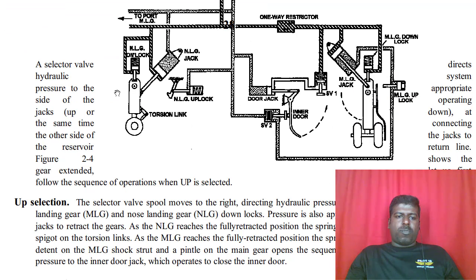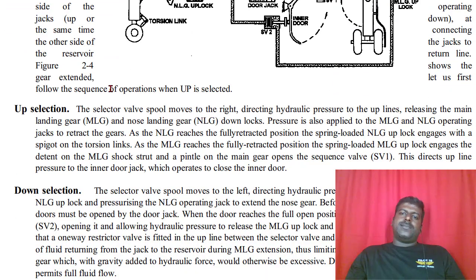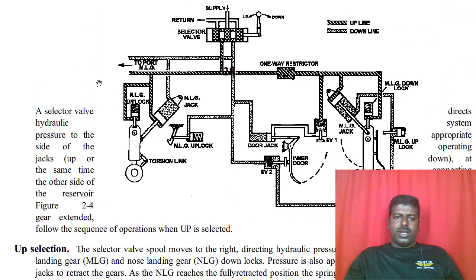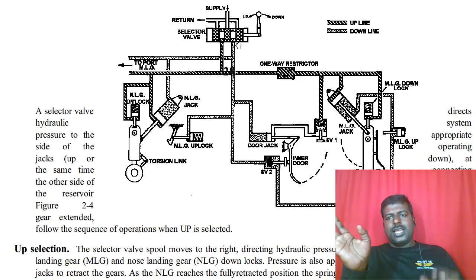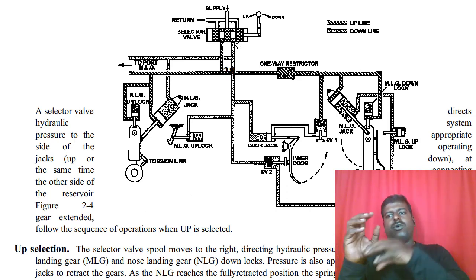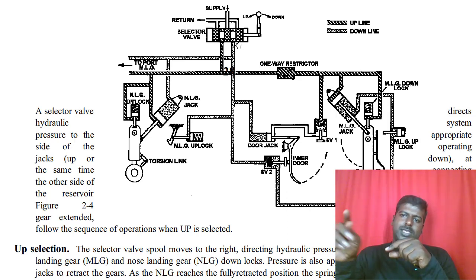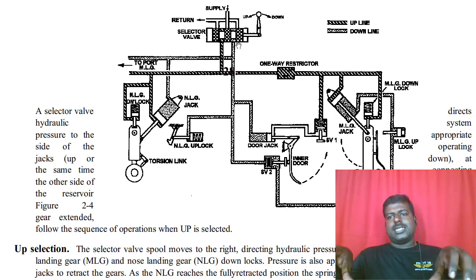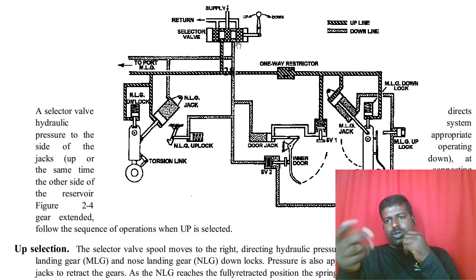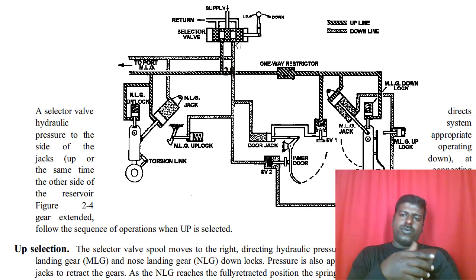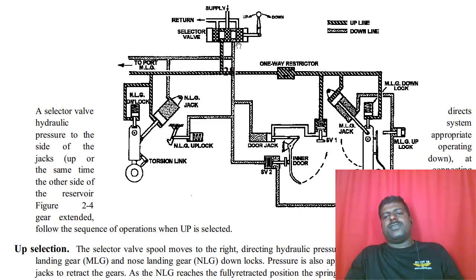And yeah, then comes valves. Actually, there are valves to select upward movement and downward movement of the landing gear. It is not of too much interest for us pilots, but from this image you can understand how it works. If the valve is opened on one side, it will cause the hydraulic flow to go one way, and it will cause the extension. And if the oil is put on the reverse, it will cause the oil to move in reverse, and it will cause the retraction of the landing gear. That's it.